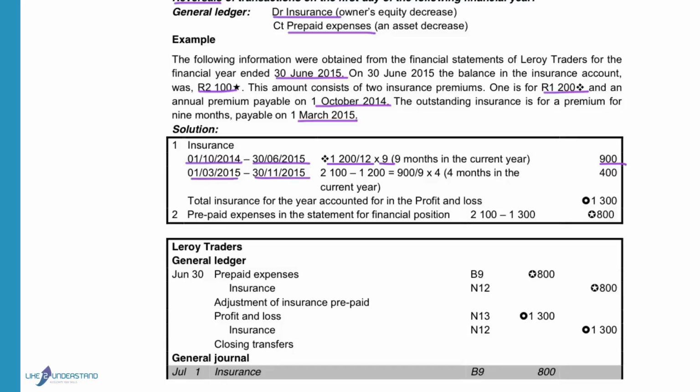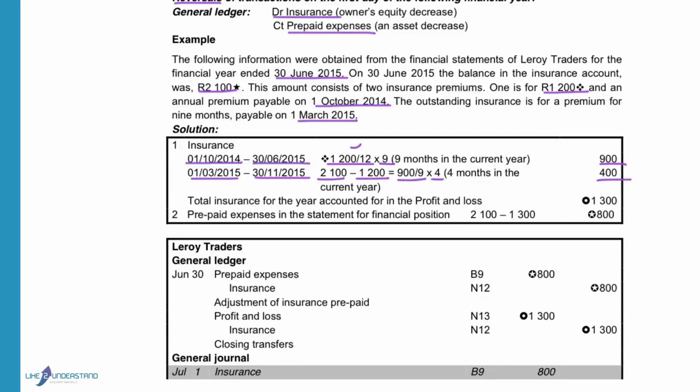Of the total 2,100, 1,200 was paid for the first premium, so I take my total minus the first premium of 1,200, and that means my second insurance policy is 900 divided by 9 to work out it's 100 Rand per month. 4 months is in the current financial year from March up to 30 June, and that will give me 400 Rand. The total insurance for the current financial year that should be recorded in the profit and loss account